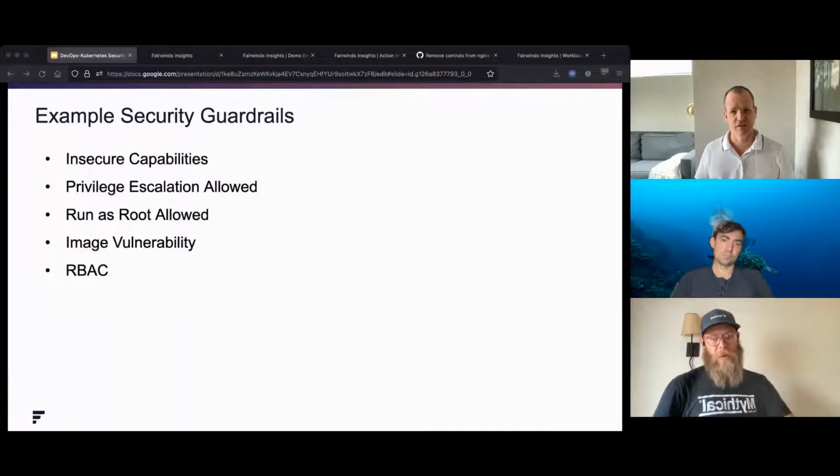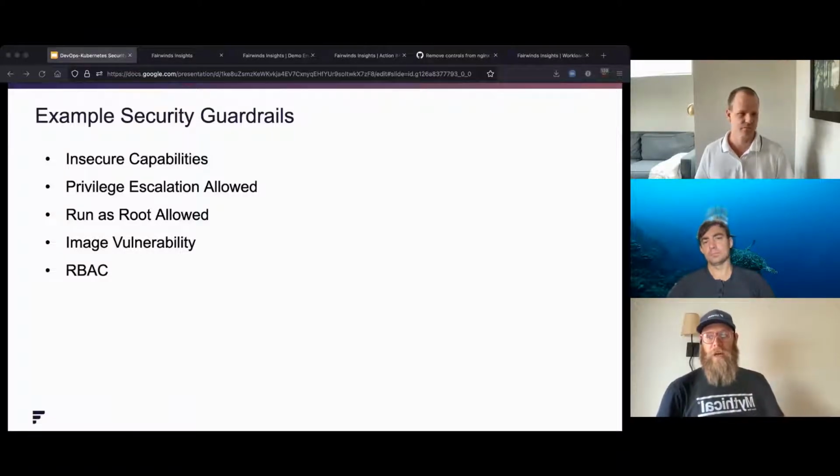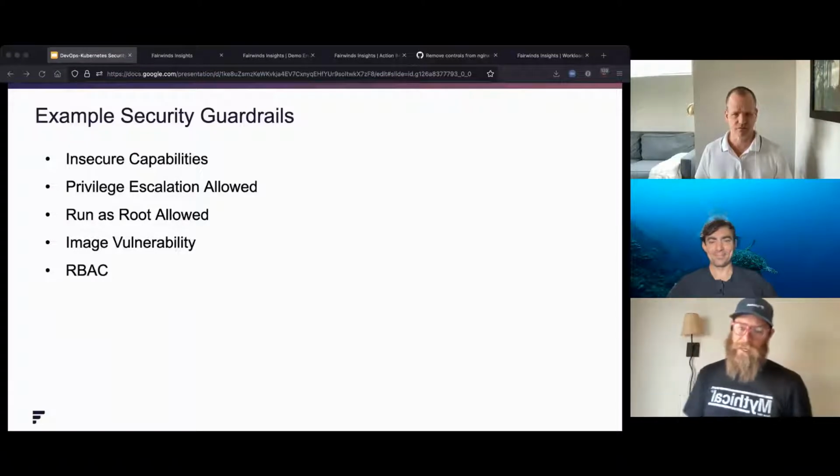And to go back to, we're giving a lot of examples of security problems that can exist in Kubernetes. Guardrails around these things are just a team, sometimes that's a platform team, a security team, whomever, writing policy and enforcing it in a way that people are not allowed to do these things. So when I'm a developer and I go to push my container into production or my workload into production and find out that I have privilege escalation allowed, there's something that's going to stop me and say, wait, you shouldn't do that. That's all the guardrail does. Or you can't do that, as the case may be.